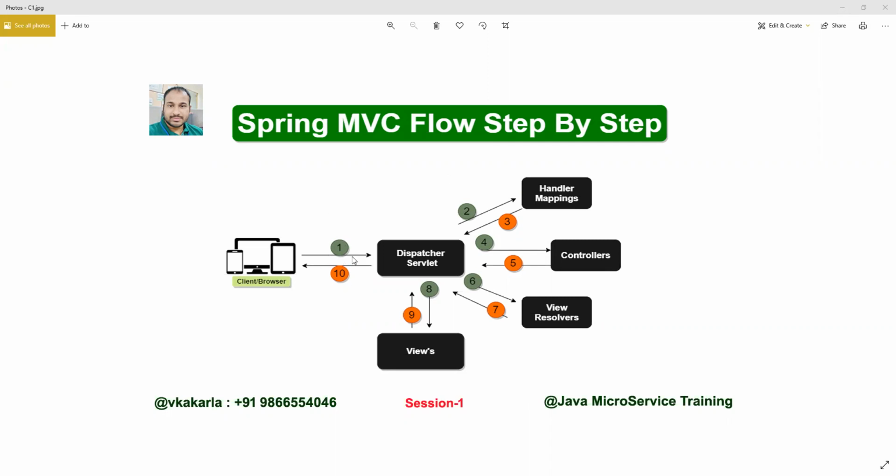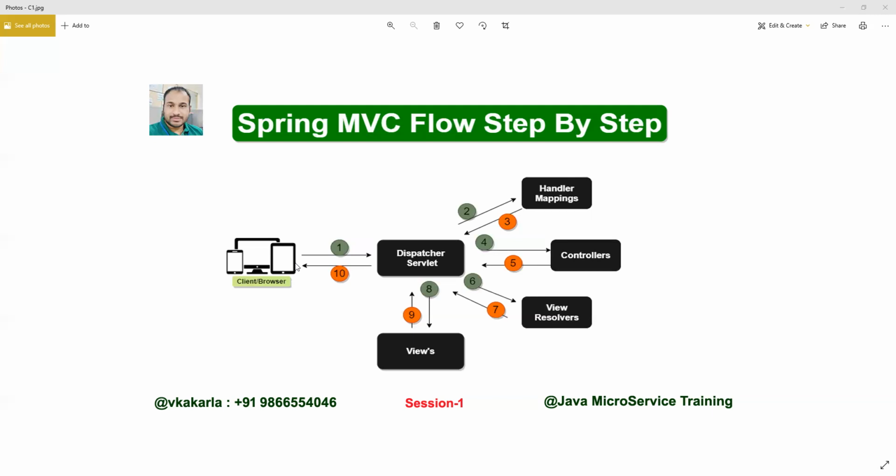This arrow indicates the request and this arrow indicates the response. All the gray and light green colors are noted as a request, and all the orange color is noted as a response. So when we give a request to our application, how will the request go to our Spring framework or Spring application, how will it be handled, and how do we get the response back to our client or browser, our devices?